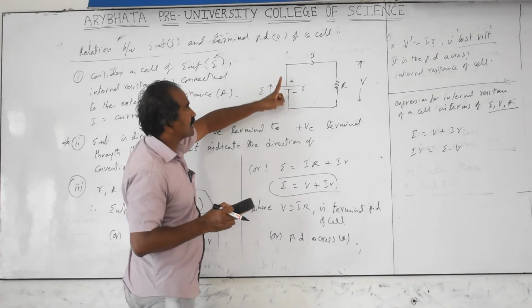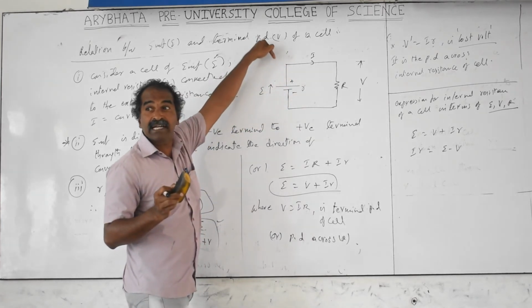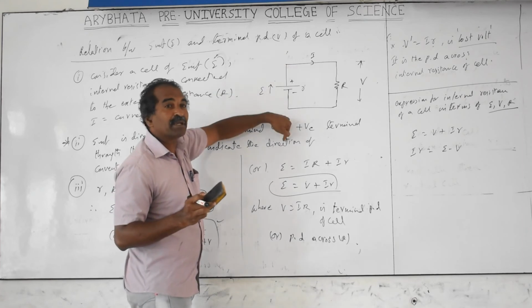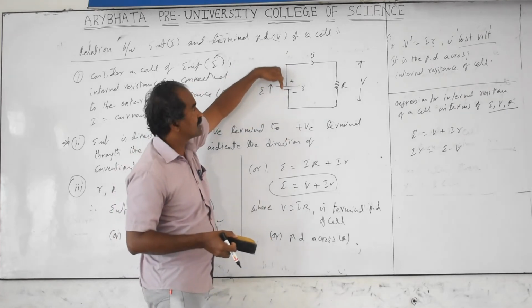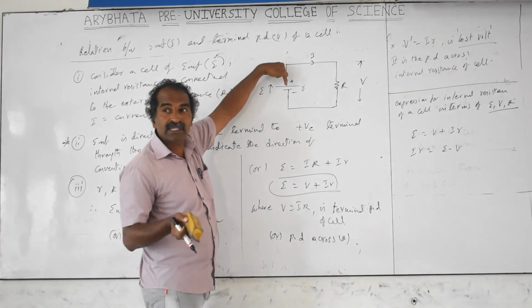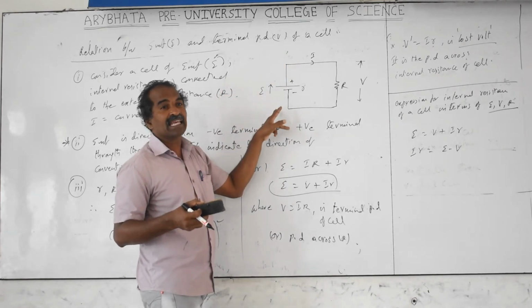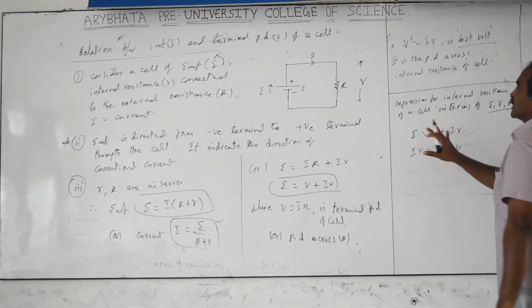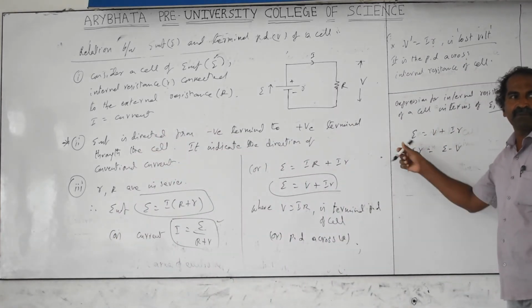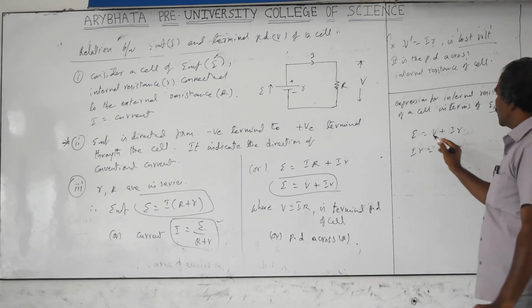Now we have to send the current into the cell, on the plus side, so current will be into the cell downwards. I will discuss the charging of the cell also afterwards. But when current is going into the cell, V is greater than the EMF of that particular cell. In the general case, not mentioned otherwise, we always take that EMF is more than V, with E equal to V plus Ir.